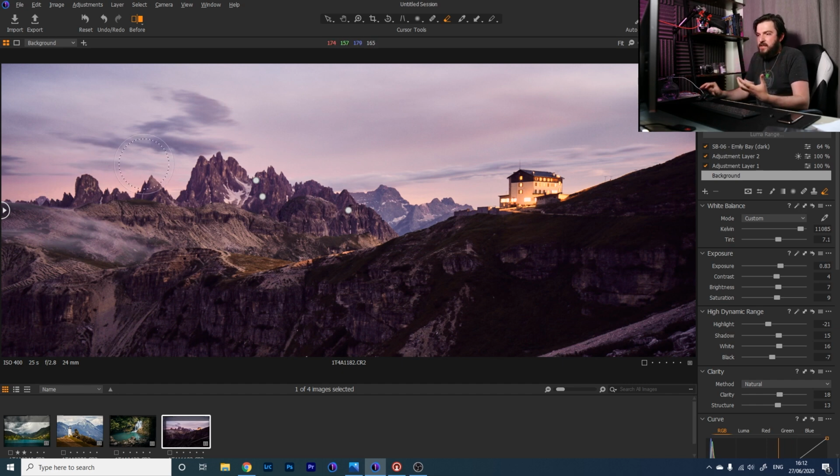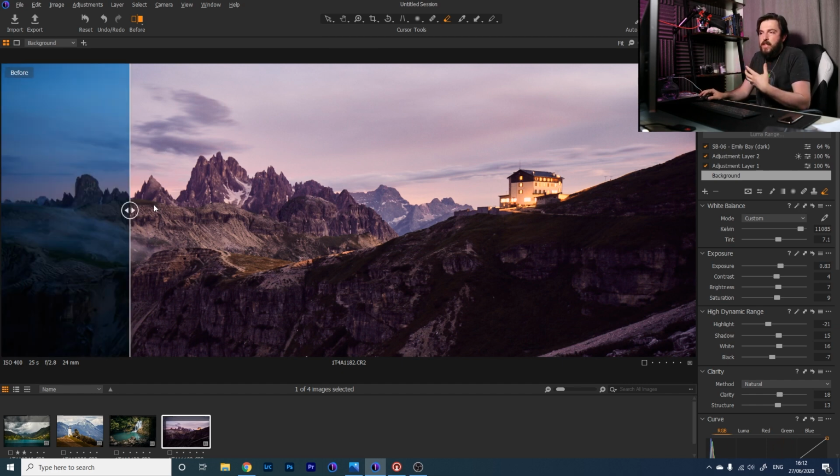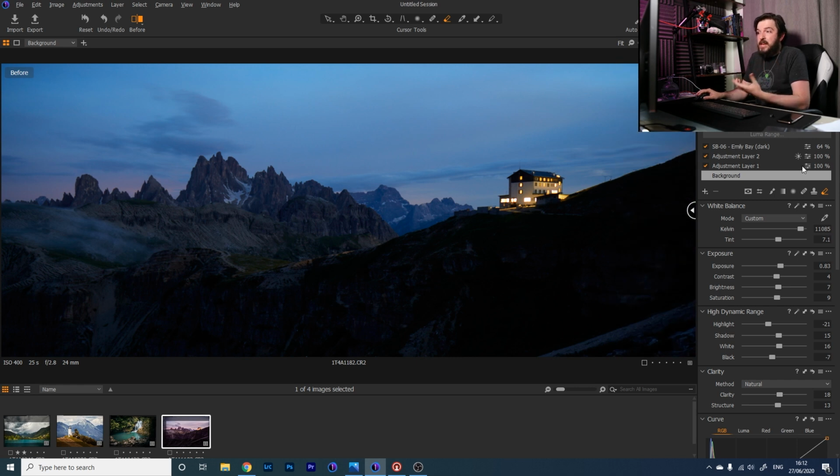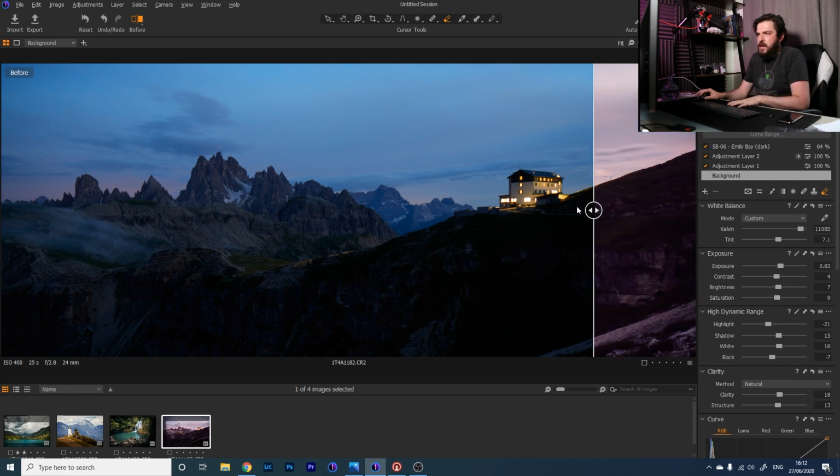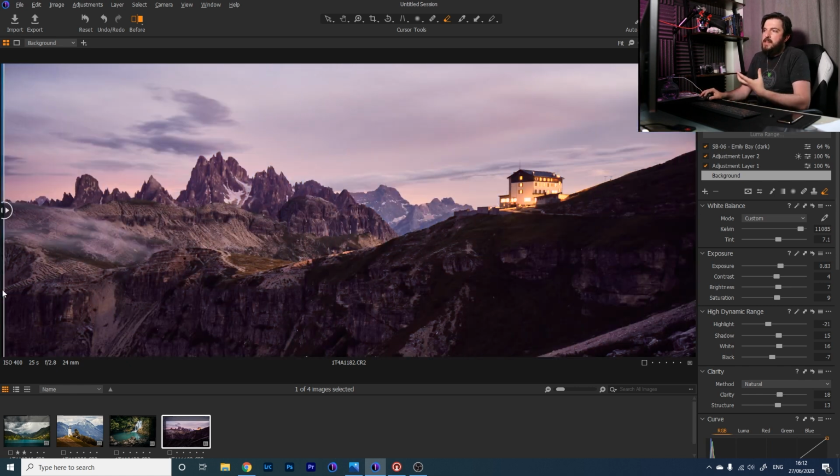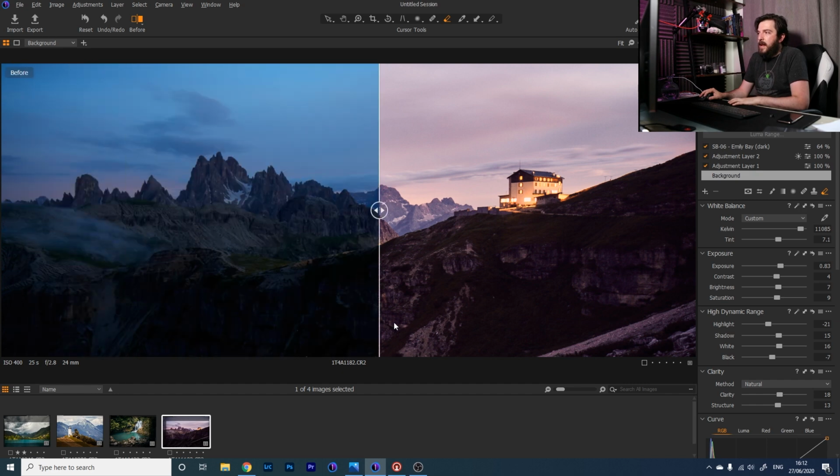This is just enhancing them, because our white balance of that camera before has meant that everything is very, very cold and very, very blue. You can even see the yellow and orange light on the building there has gone into quite a cold tone. What we've done is brought it into a much warmer, sunsetty kind of color palette,